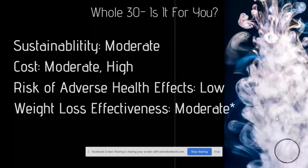And weight loss effectiveness, I said moderate, because one thing you have to keep in mind, it's only a 30-day program. So you're only going to lose but so much during 30 days, you know? But I've seen people who lost 15 pounds, which is quite substantial in a month. But the reason I have that star there is because this way of eating is not about losing weight. It's about changing your relationship with food. But people have also lost weight